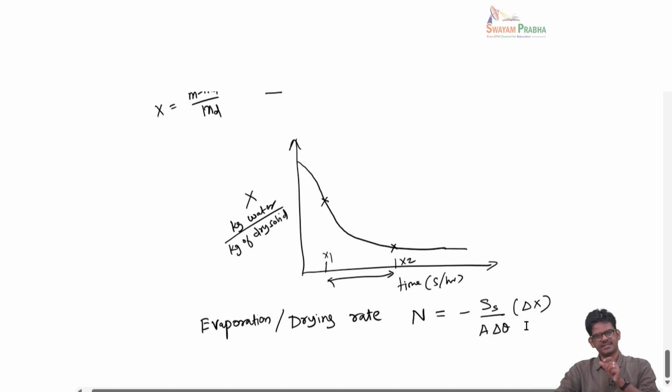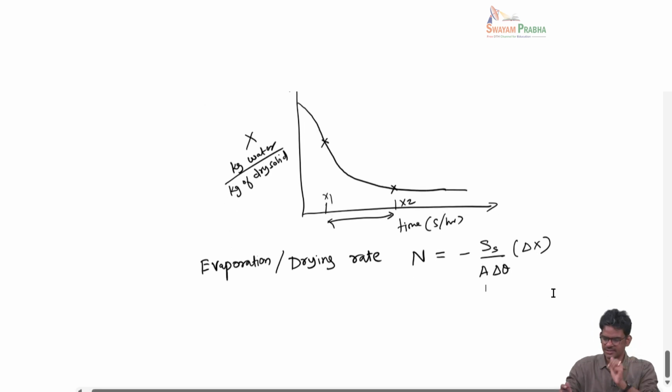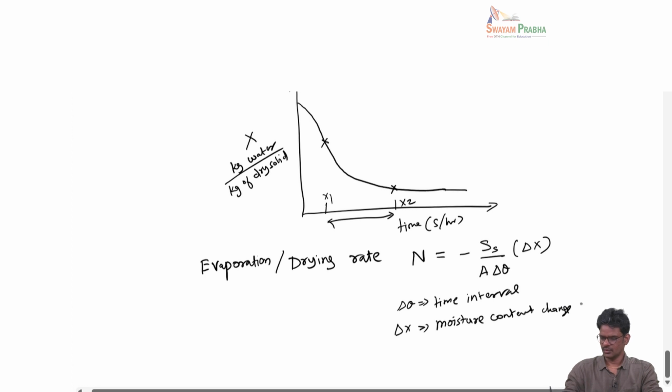So delta x is the change in the moisture content over a small time delta theta. Okay, so delta theta is the time interval. I am taking a small time interval, and delta x is the change in the moisture content over the time delta theta,